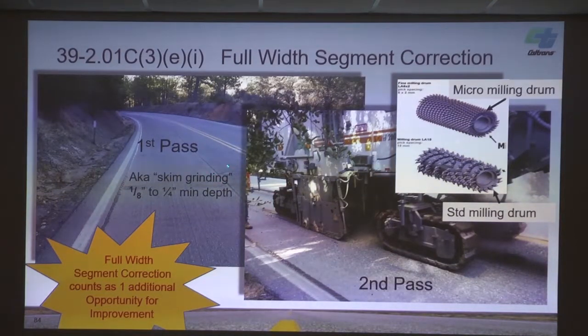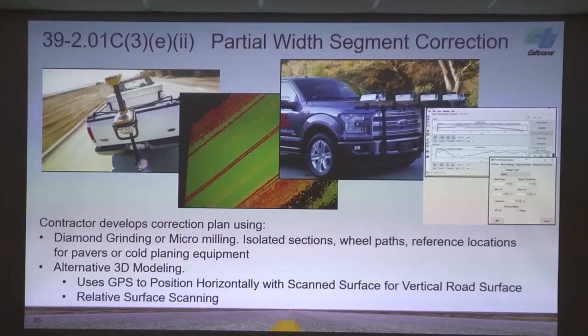This is also something I saw in the cold in place recycling. There's a couple jobs I drove through where they had an MRI requirement on top of the CIR surface, and it was really rough. They just took a micromill and skimmed around the whole thing, and they left the stripe in there. I put my left tire up on the stripe when there were no cars coming. My left side of my car's bouncing like this, and the right side's smooth. You could feel it. You could tell the difference. It was a big deal. This smooths stuff out, if they run it correctly.